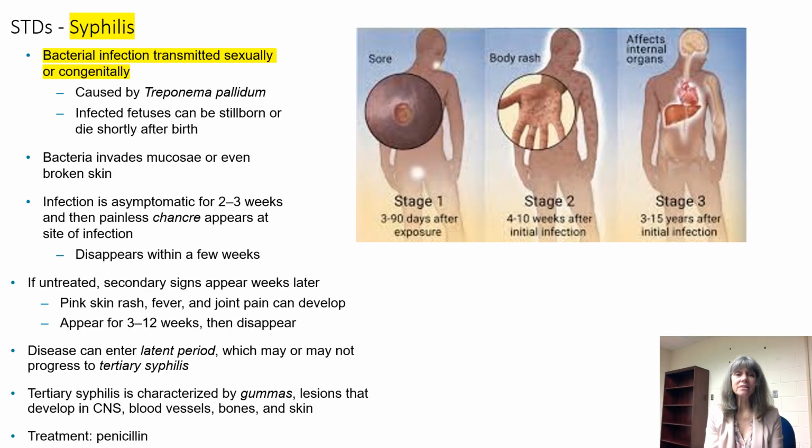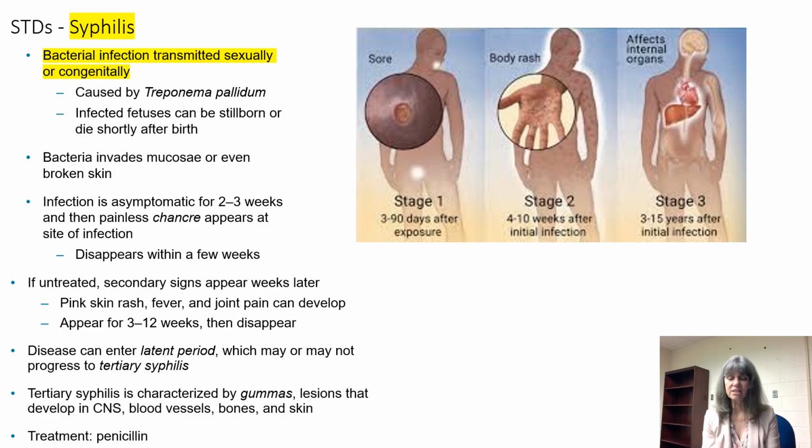Syphilis is another bacterial infection that's transmitted either sexually or congenitally. Syphilis is caused by the bacteria Treponema pallidum, and infected fetuses can be stillborn or even die shortly after they're born. The bacteria invades the mucosae or even broken skin. The infection is usually asymptomatic for the first 2 to 3 weeks, and then a painless chancre will appear at